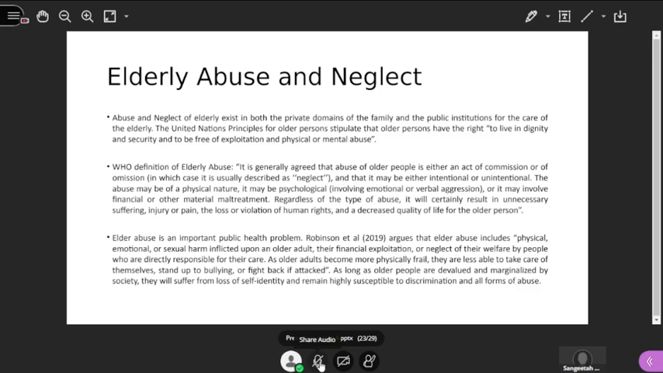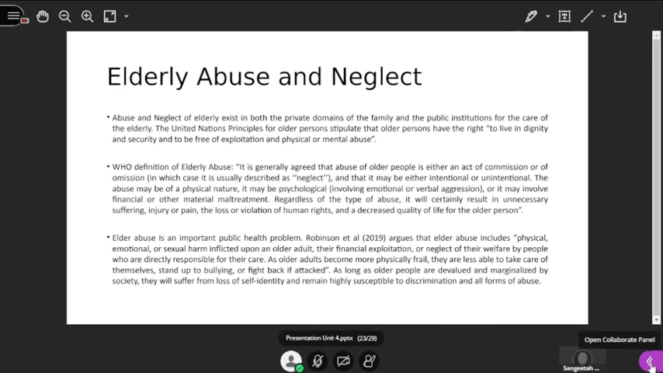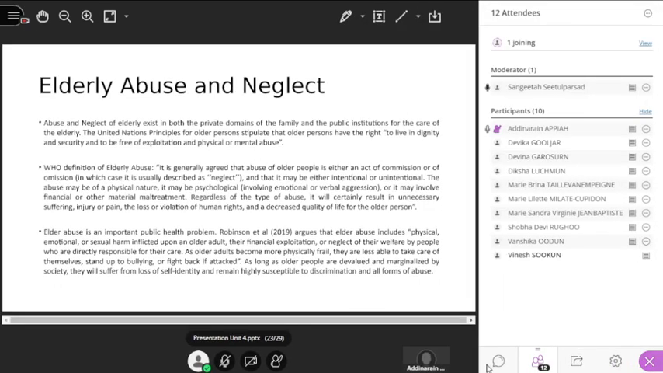Okay, so I continue. Someone wants to talk, but I think they're having a problem. Okay, the United Nations Principles for Older Persons stipulate that older persons have the right to live in dignity and security and to be free of exploitation and physical or mental abuse. Like someone said, exploitation is also about economic exploitation. People take their